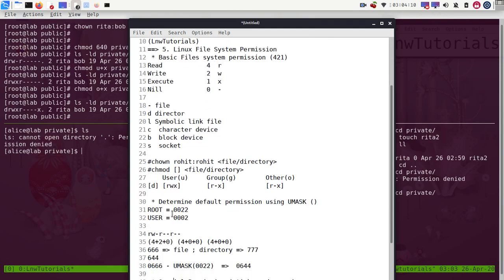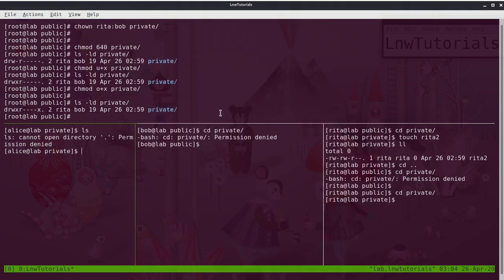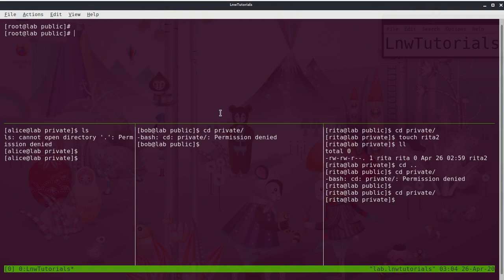Now moving ahead to the umask part. If you would like to show what the umask value is, simply the command is umask, and if you would like to change the umask, simply type umask and give whatever mask you like. Suppose the current value is 0022.